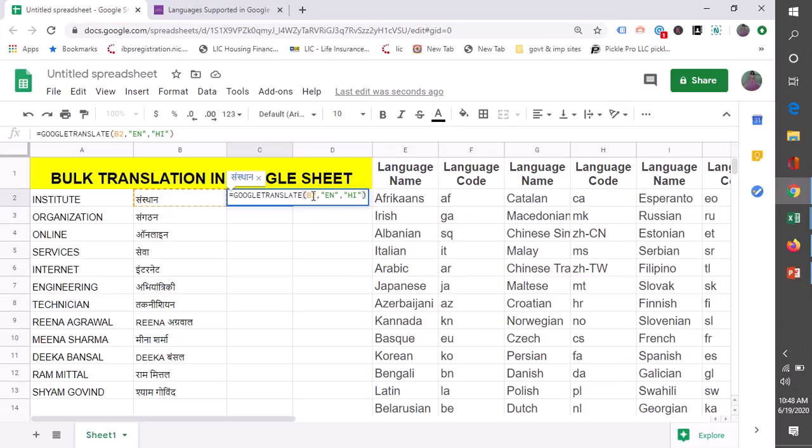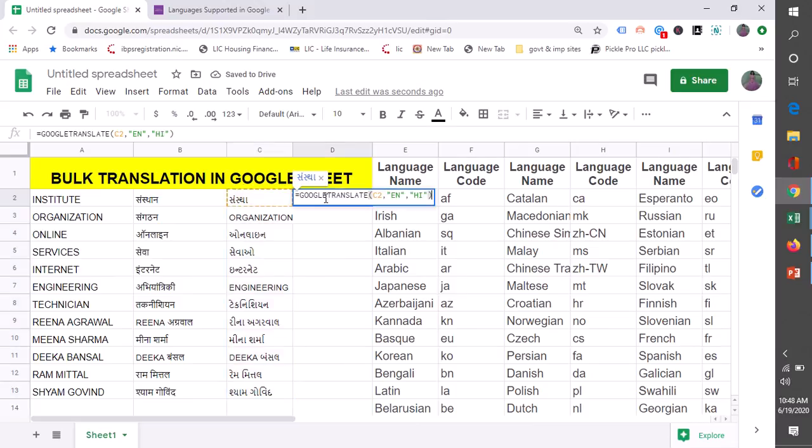For this, if you drag, you have to change the cell name from here, A2, and this time I want to convert in Gujarati, GU, enter, right? We got it in Gujarati language. Similarly in other languages also. For example, I want in Tamil, TA, enter, but again we forgot to change the cell name. A2 is the cell, so we get this cell, we get the Tamil language.